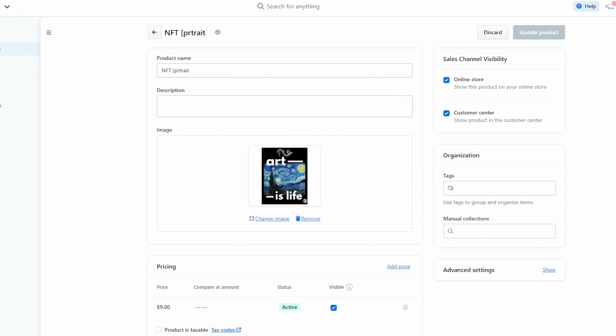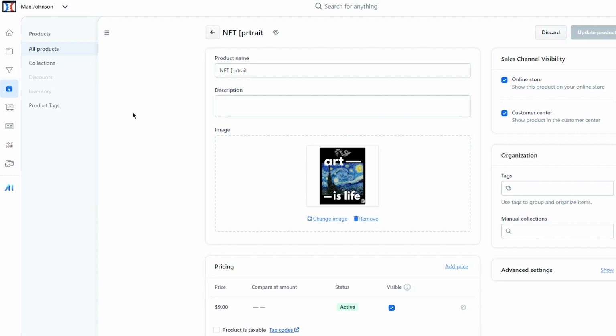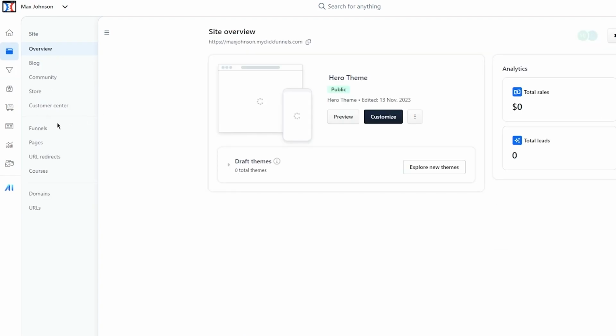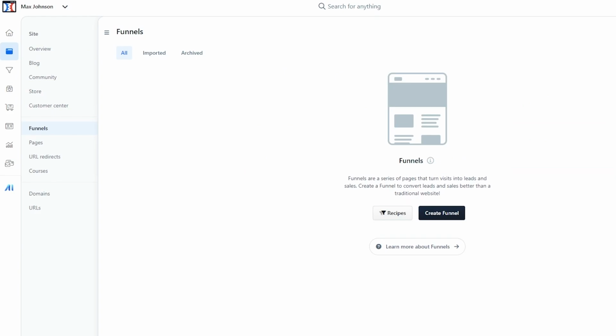So we're pretty chill with the funnels. So first of all, we're going to go to our sites over here. And in the sites section, we're going to go over to funnels. There's the funnels tab over here, but we're not going to go to that. We're going to go to the funnels tab over here in the sites section. And once you go to a funnels tab in the site section over here, what you're going to do is